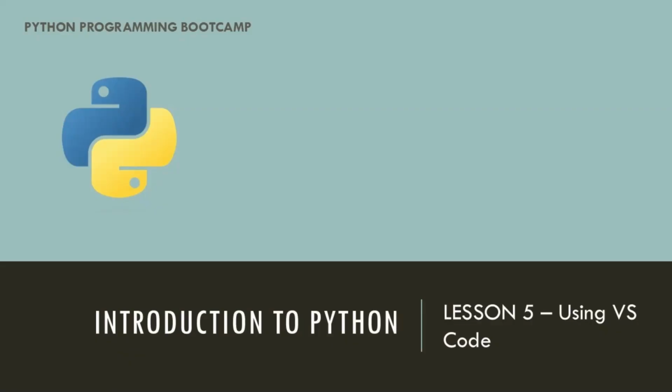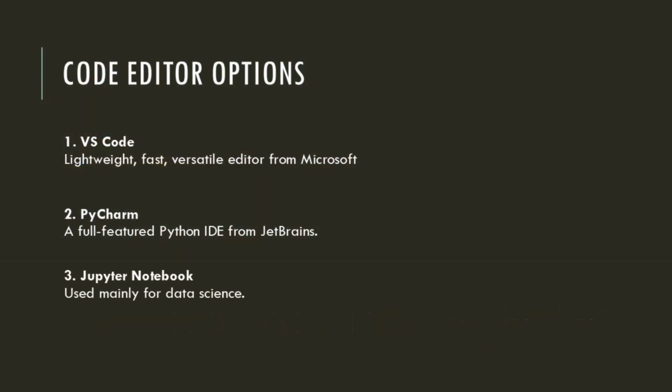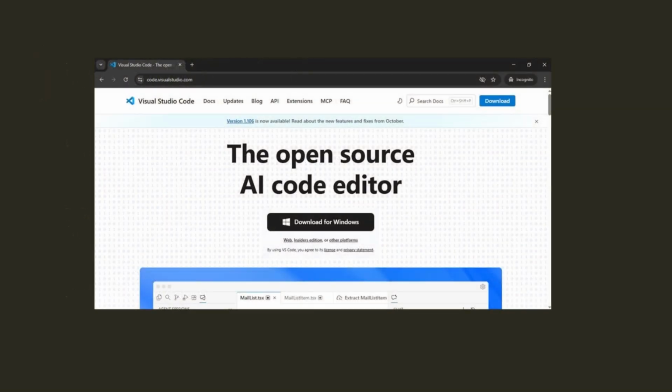Python works with several code editors. Let me quickly introduce the most popular ones. First, VS Code. Lightweight, fast, versatile editor from Microsoft with extensions for Python. VS Code runs on all platforms and is great for almost all programming languages. It is a highly recommended IDE for beginners. You can download VS Code from